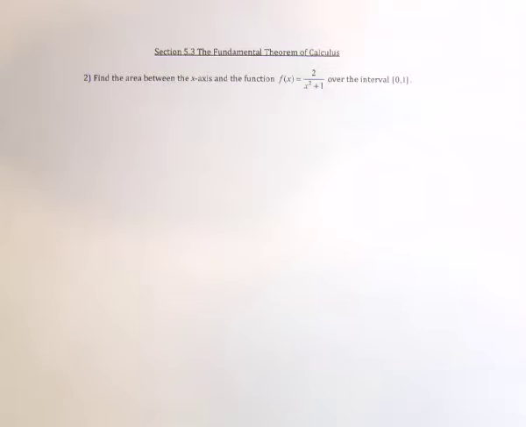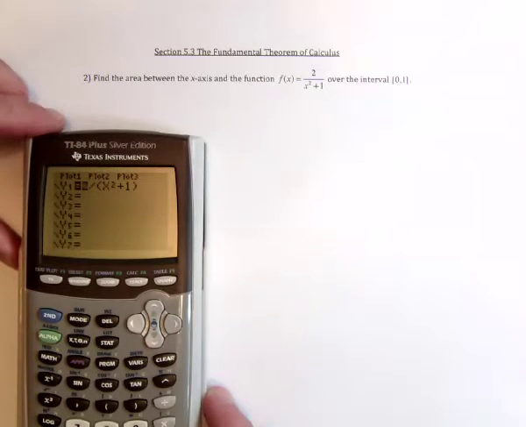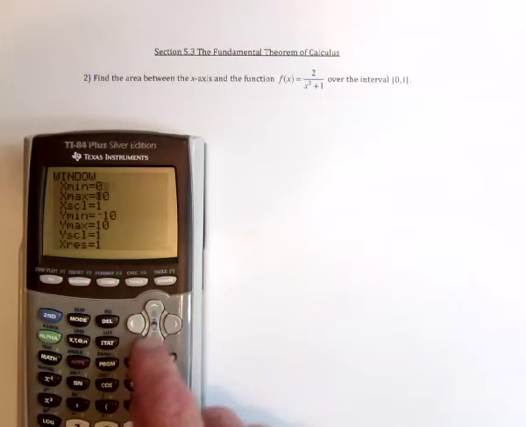So the first part of the fundamental theorem of calculus says that if you integrate a function and then take the derivative, they cancel each other out. Well, here's another form of the fundamental theorem of calculus. Take a look at the graph of this function. On the interval from 0 to 1,